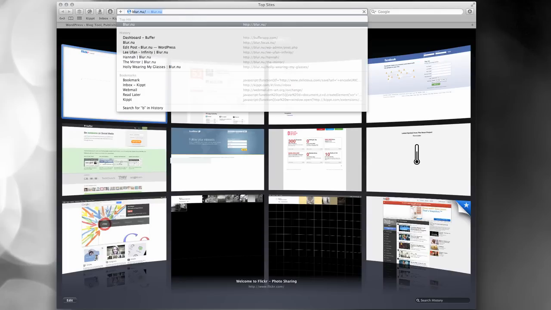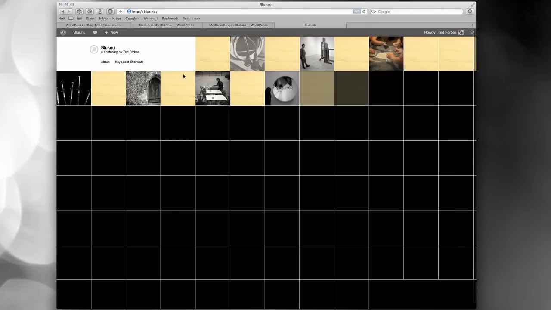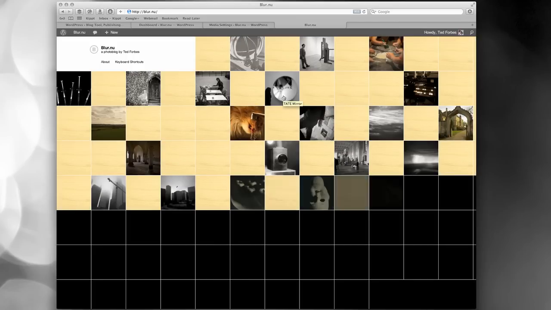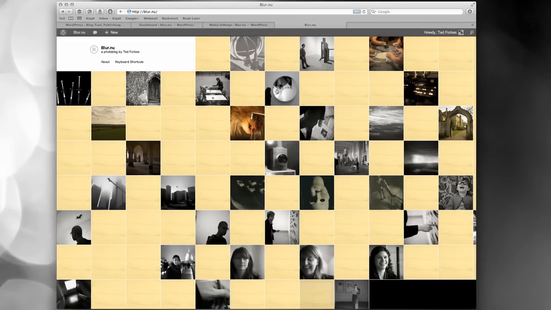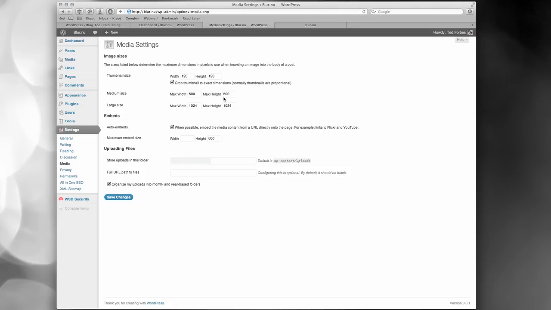So if we go back to the home page, you can see that when I upload an image, that's the version it uses. Okay, so it's actually versioning your images. So it makes the 120 by 120 square. I'm not using it in this particular layout, but it has the option for 3 of them. So there's a 500 by 500, and then I'm making that large image. The maximum width is 1024 and the maximum height is 1024 as well. So anyway, you can embed from other media, etc. All good stuff.